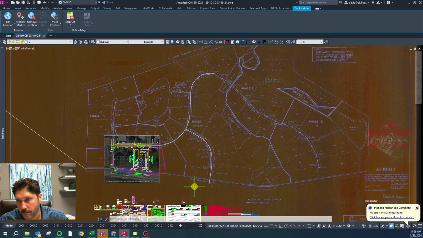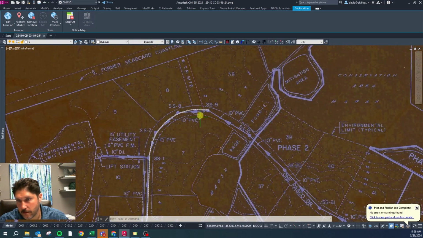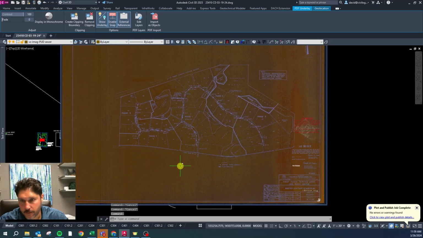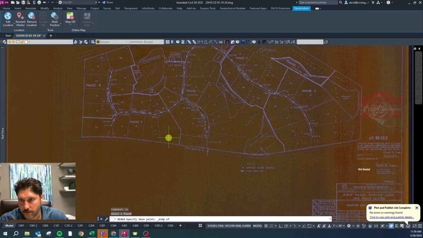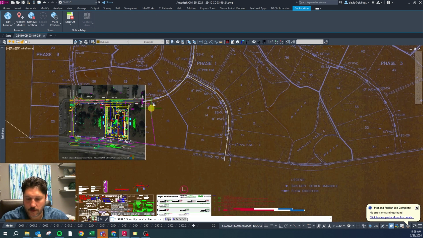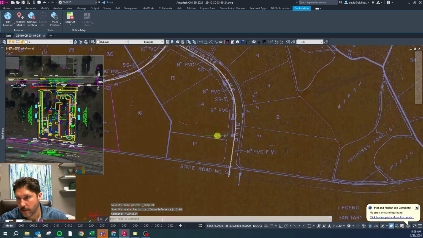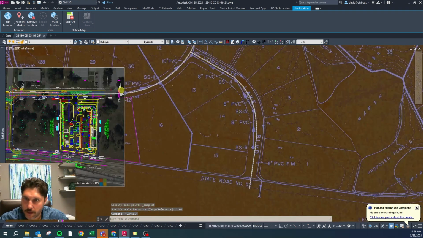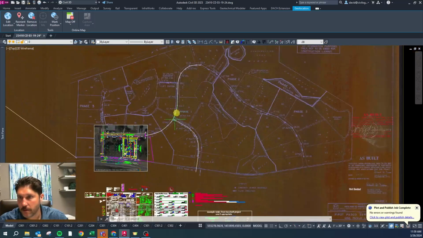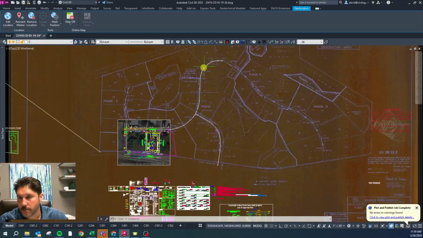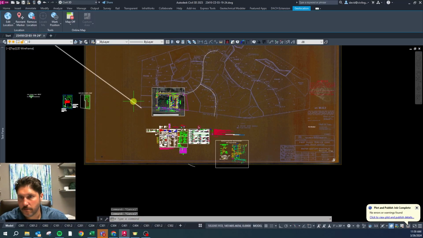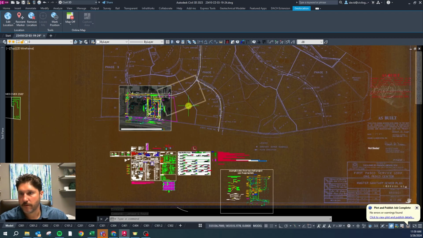But maybe we need to scale it out just a little bit. So I'm going to scale 1.01. That's a little bigger, so now it lines up a little better there, lines up a little better there, and it also looks pretty good there. I think that's a good best fit scenario. And so now we have all of these lined up,